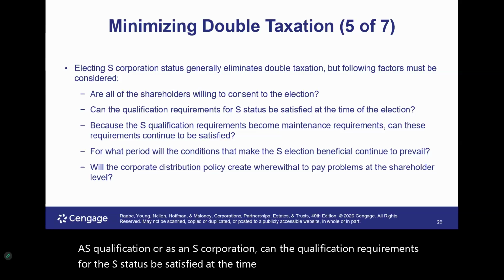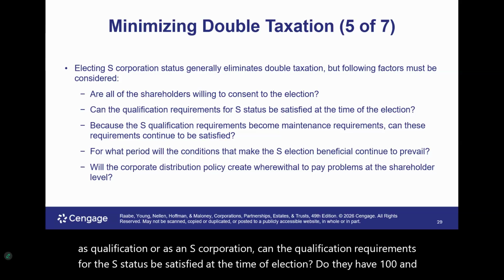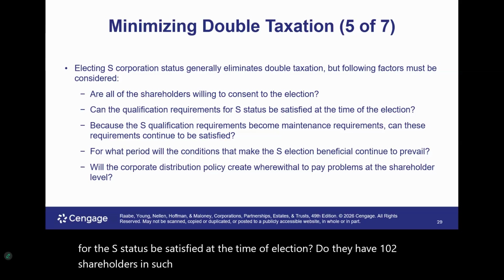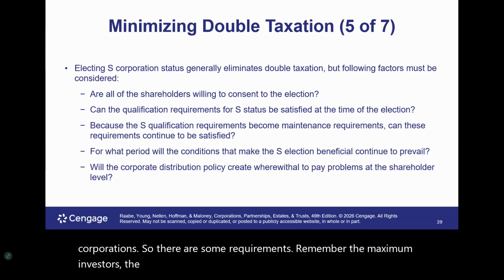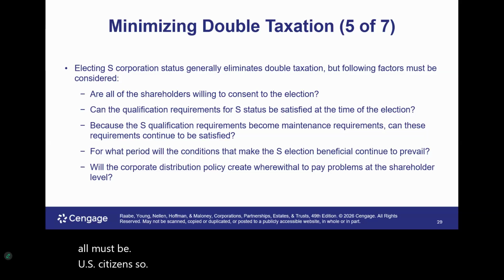Do they have 102 shareholders? In such case, sorry, you do not qualify to be treated as an S corporation. So there are some requirements. Remember, the maximum shareholders for an S corporation is 100, and they all must be U.S. citizens. So the S corporation qualification,